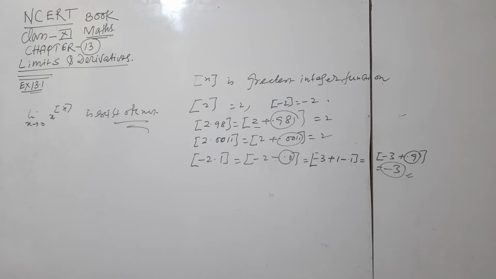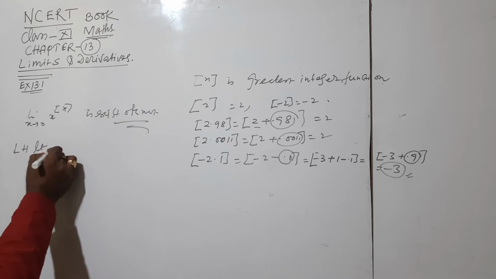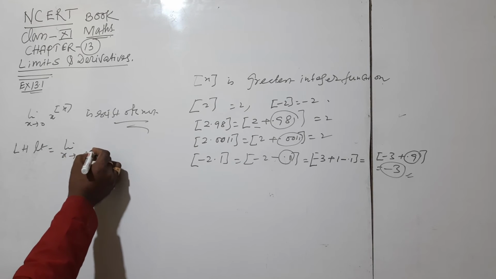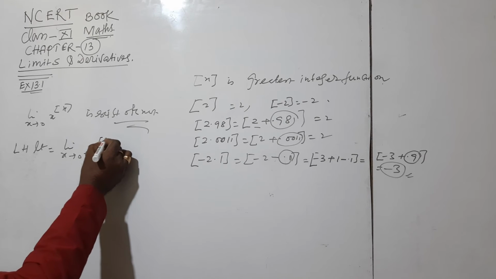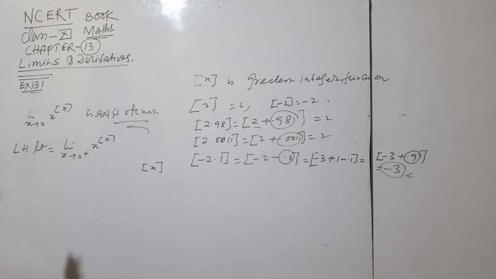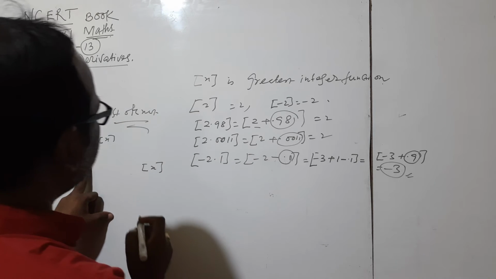So we want to discuss this with the help of the box function. So this is the left hand limit, and that is equal to, see, x tends to 0 plus, that is okay, box x. Now box x approximately, this is 0.0, this is positive 0 plus, so positive 0 plus means it would be